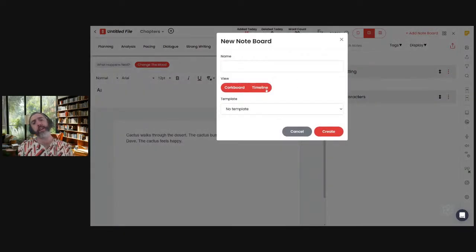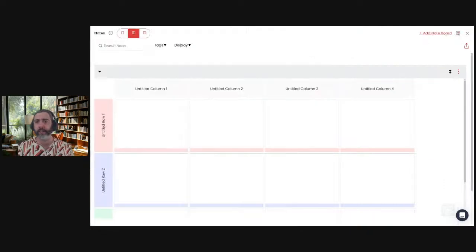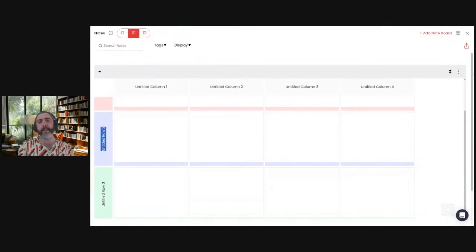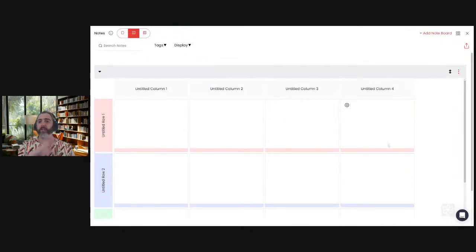We even have alternate forms of note boards. We have a whole timeline view. Don't have too much time to explore this in depth, but as you can see, it creates a grid that you can do in columns, you can do rows, you can change the colors. All of this is highly customizable. You're not limited to 4 columns or 3 rows. You can make this as long or as big as you want. And again, there's so many different ideas. You might do it by character and then have each scene, what happens, or maybe certain dynamics. People have their own systems.